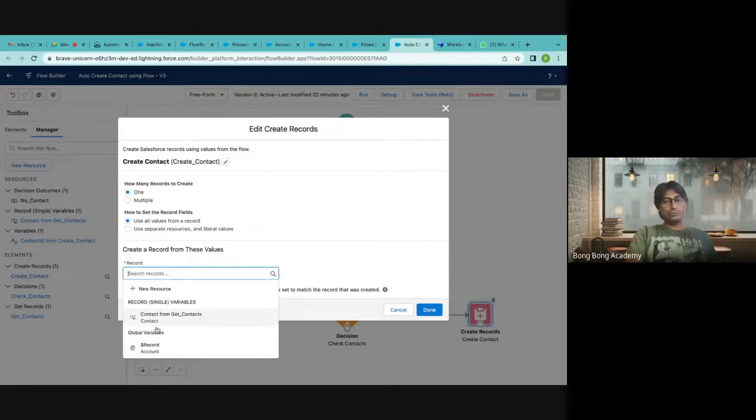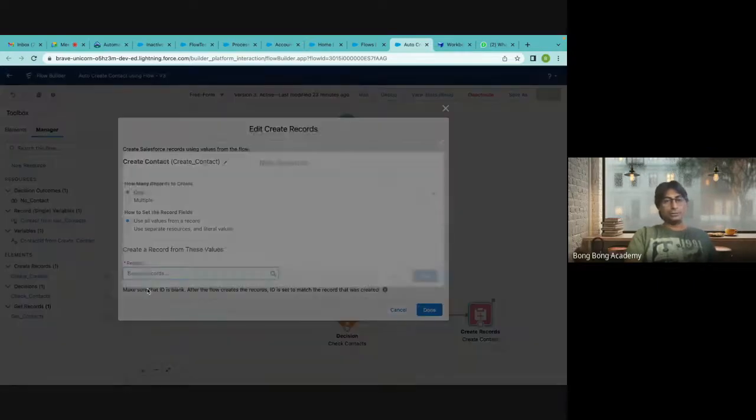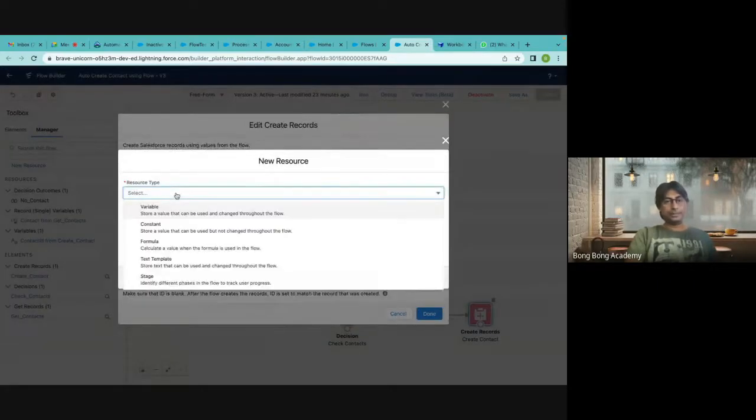I can use the values from these two records, but actually I am not using these for any updates. Usually you will use these if you want to update any values. For update operations, probably you will use any existing records. But for new records, you have to create a new bucket. So I will create a new resource. This time I will create a variable,